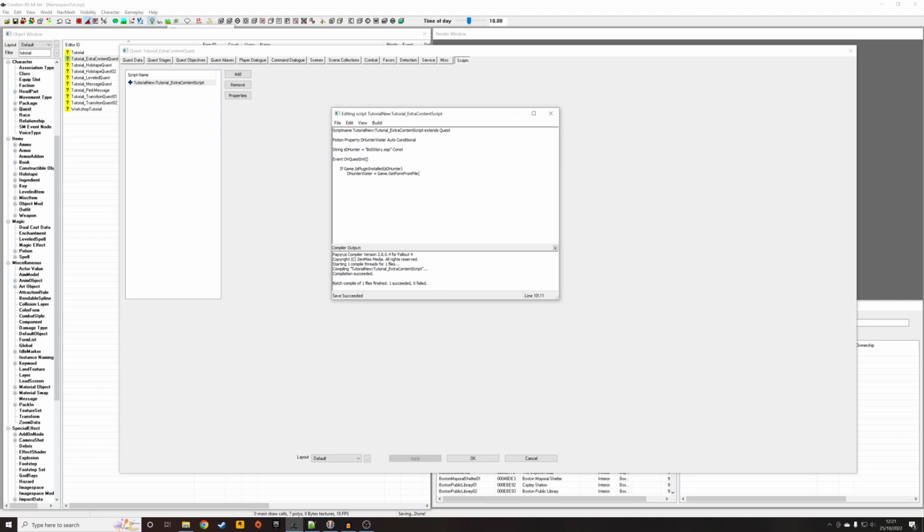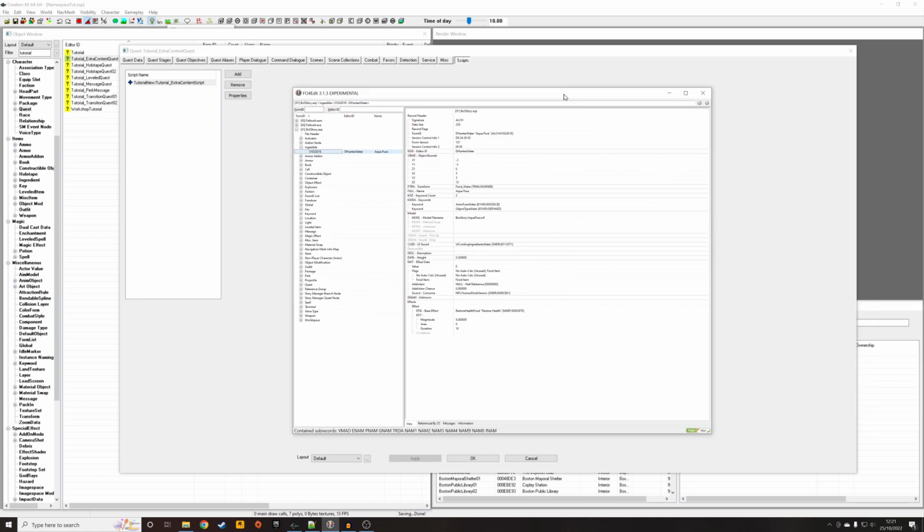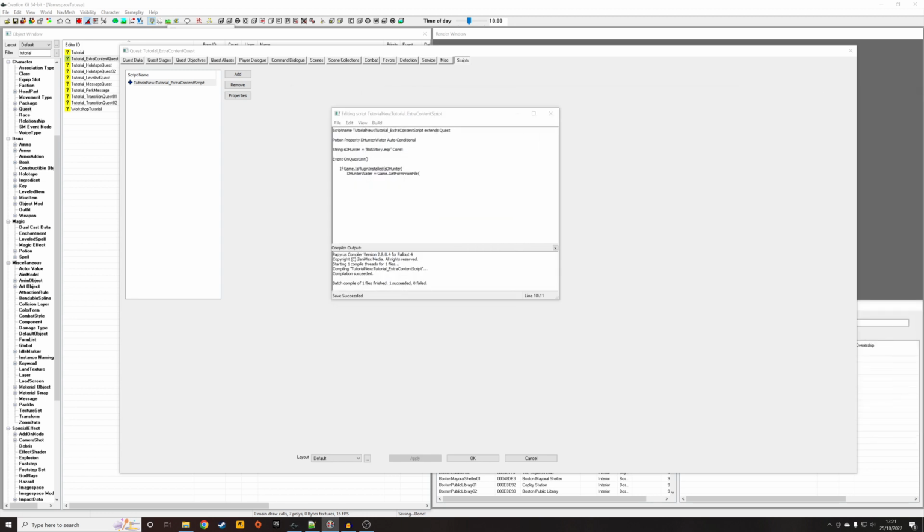unique ID of our actual item. So we're going to need to know the actual form ID, not just the editor ID, but the actual ID that's generated by the game. So I actually have Fallout 4 Edit open on my other screen so that I can see what the ID is. First of all, we're going to want to write 0x, and then we're going to put in the ID